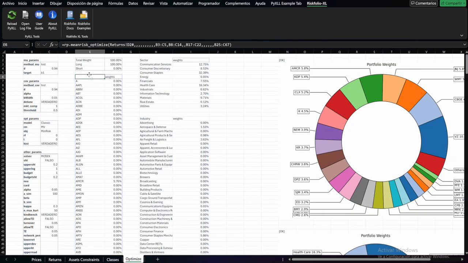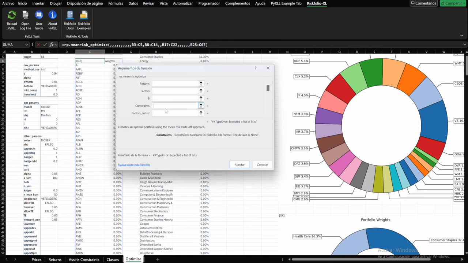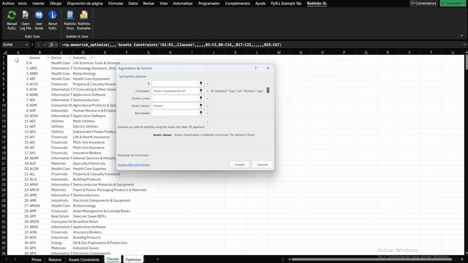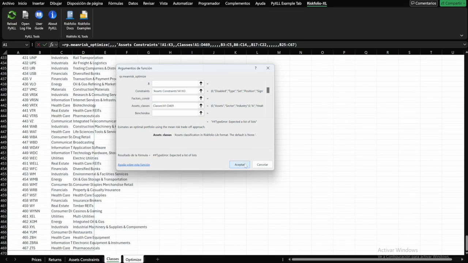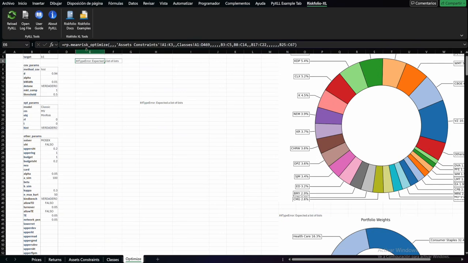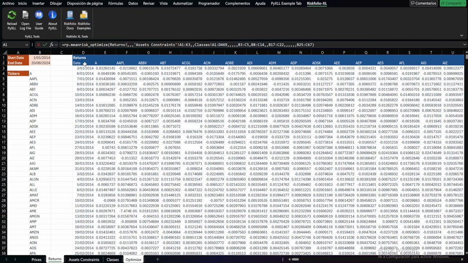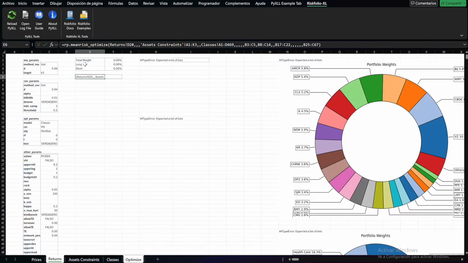And then we are going to delete this just to avoid problems. And we have to open this. And here in constraints, we have to add the constraints, this table of constraints. And here in asset classes, the table of classes. So here we go. Okay, we have the problem, but if you remember, you have to put here the returns. And then we are going to recover a portfolio